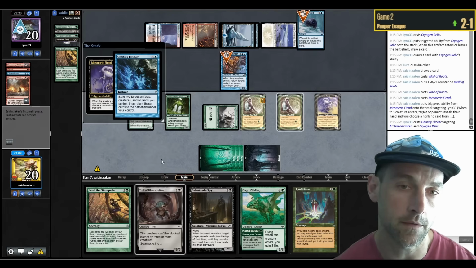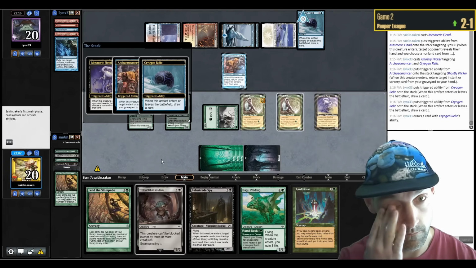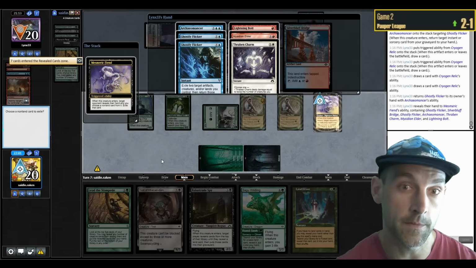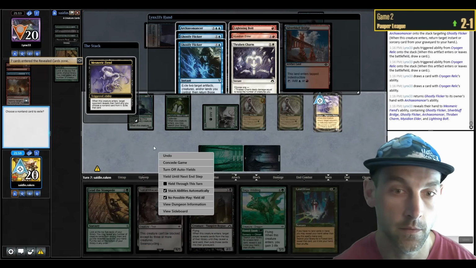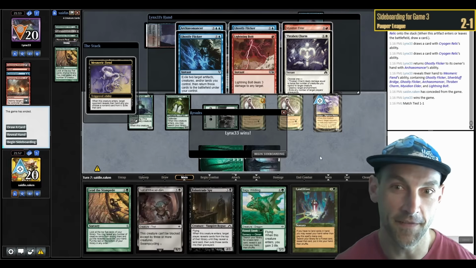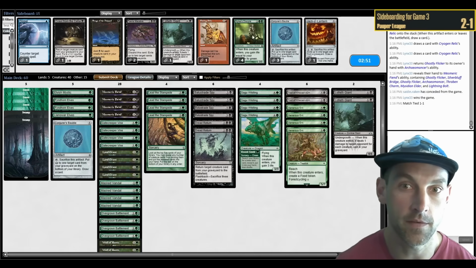They Ghostly Flicker. What are you going to return with your Ghostly Flicker? The Flicker? We get to draw 2 cards. Turns the Flicker. They have an absurd amount of stuff. I'm going to concede. Fair enough. So they have changed from Ephemerate to...